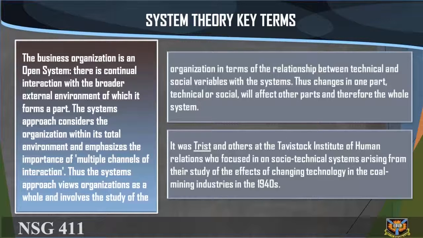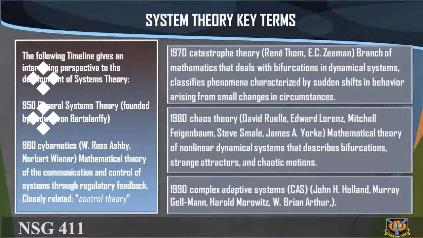It was Trist and others at the Tavistock Institute of Human Relations who focused on socio-technical systems arising from their study of the effects of changing technology in the coal mining industries in the 1940s. The following timeline gives an interesting perspective to the development of systems theory. 1950, General Systems Theory, founded by Ludwig von Bertalanffy. 1960, Cybernetics, W. Ross Ashby,